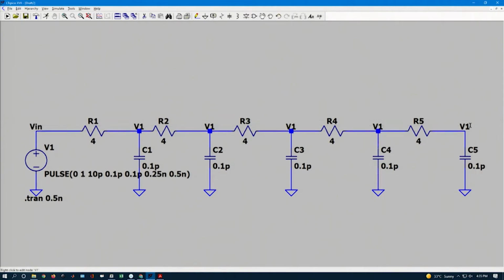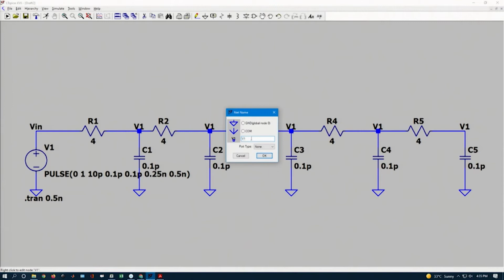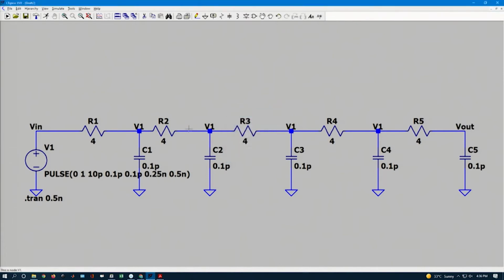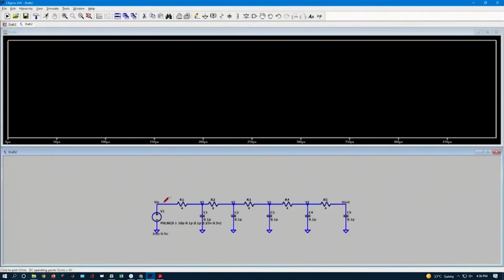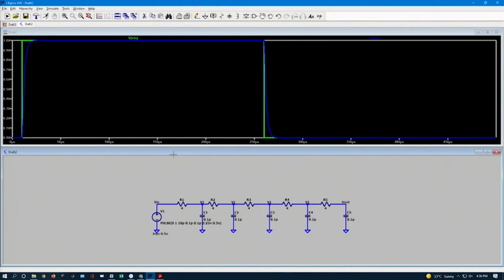Right, and then the final one I can name as V out. Other things can remain the same, then let us see if this runs. So, if I do the simulation again, I can get the input and then the output like this, right,